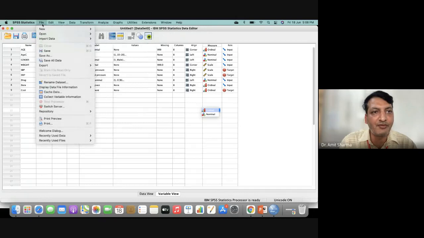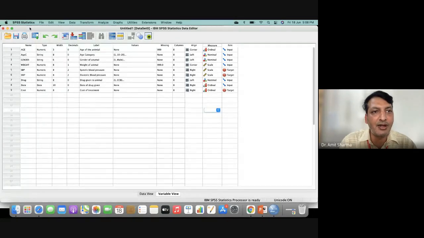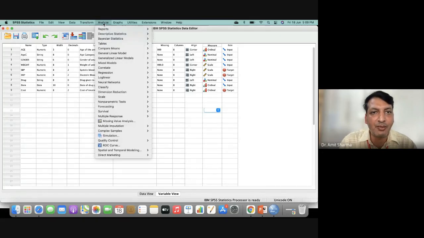But for the Windows platform persons, you are going to get the commands not on the top line. You are going to get commands above these icons here where my mouse is. Here all the commands will be the same: file, edit, view, data, transform, analyze. Clear? And I'll show you from where we are going to apply all the statistical tests. As we have discussed, we have two different kinds of tests.